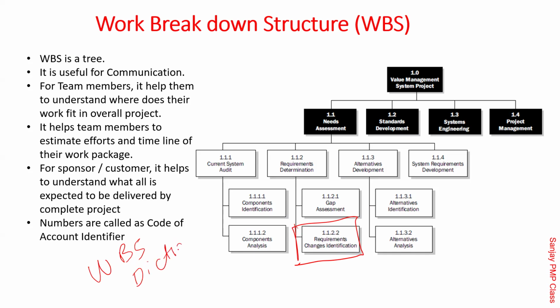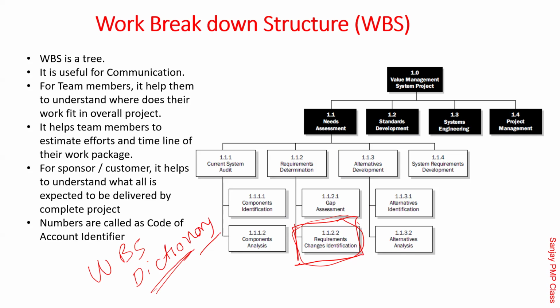It's called the WBS dictionary, which means on this work package, if you click, who is going to work on that? What are the dependencies? Are there any quality requirements? Is it expected that this should be done on this date? Any specific thing about that work package? See, WBS, Pawan, is good for telling where this fits into the overall picture, correct? But what is to be done in detail for that, you would always have a tendency to check, and that is called the WBS dictionary, correct?